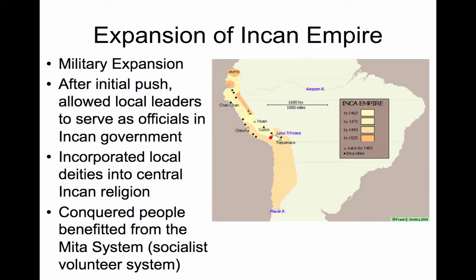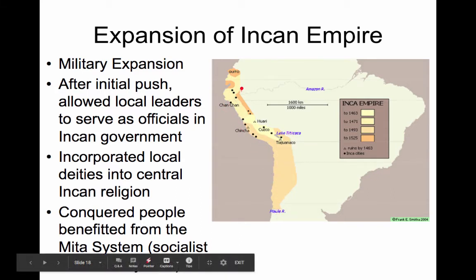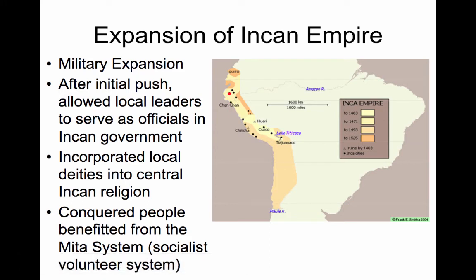And then just to appreciate how huge the Inca Empire is, it goes from all the way up in Ecuador, all the way down through Chile, right? So it's a very long empire. And it's very difficult to conquer this territory and to travel because of the Andes Mountains. And we'll explain how they did some of that in a little bit.